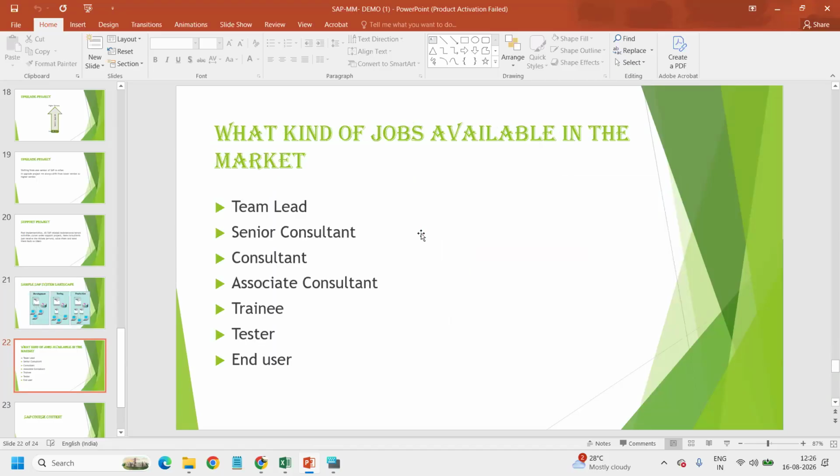I said hierarchy. What is this hierarchy? Our SAP hierarchy starts from the end user. Some may start as an end user, some as a tester, some in training. Some are interested directly in becoming an SAP MM consultant, not an end user. Their interests are different, but the SAP hierarchy starts from end user, tester, trainee,